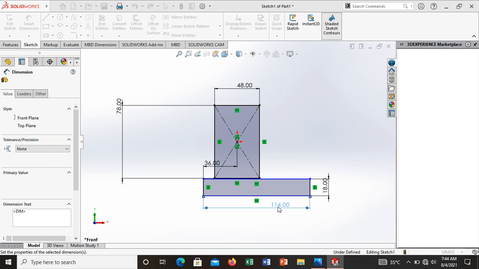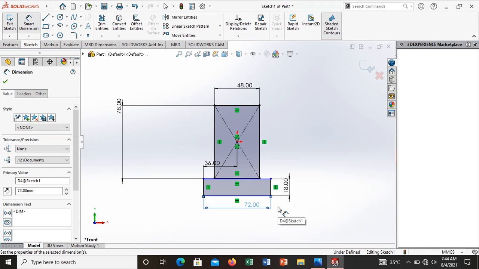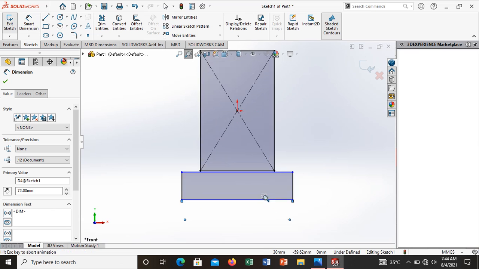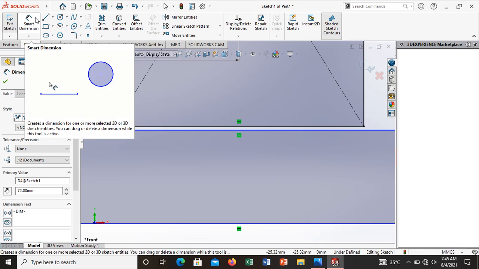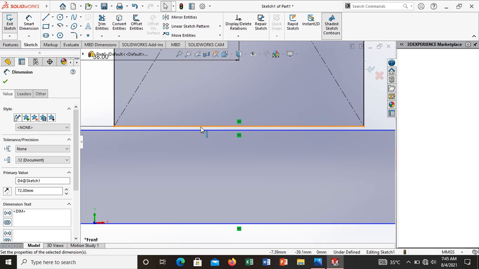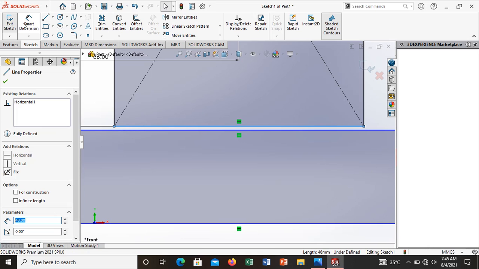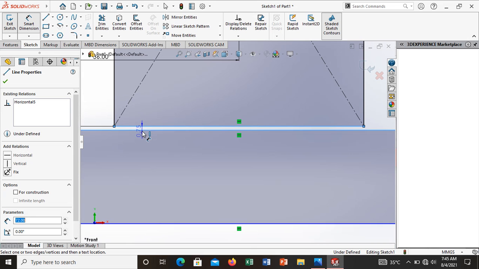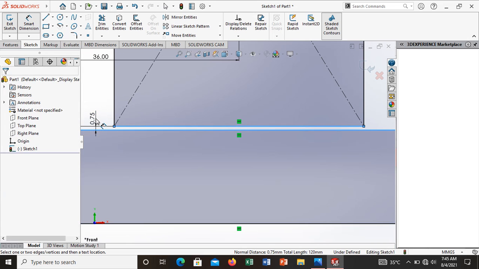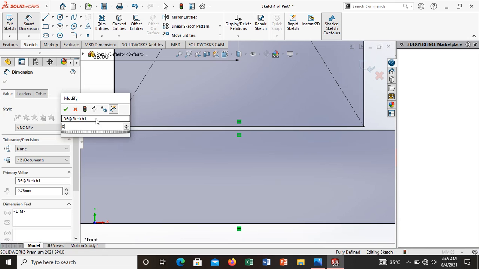Now it is accommodated. First, zoom in and check whether the dimensions are correct or not. Check it out. There is a gap. I need both to be in the same line, so I need to go to the small dimension and make it 0. It becomes a single entity.